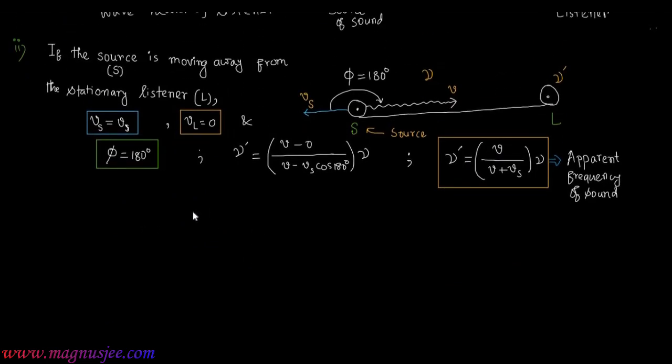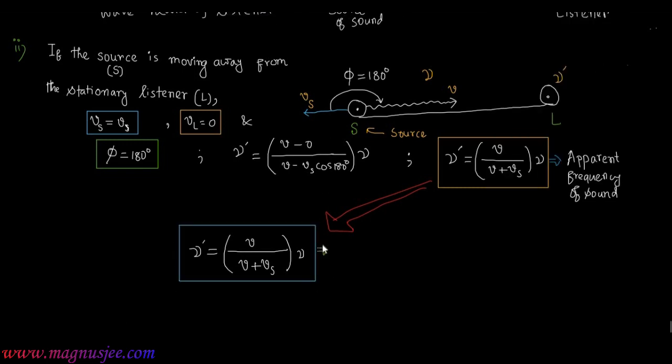In this case the source is moving away from the stationary listener. Writing the expression again, nu prime is equal to v divided by (v plus Vs) into nu, where v is the velocity of the sound wave and Vs is the velocity with which the source is moving away from the stationary listener. Nu prime is the apparent frequency of the sound wave heard by the stationary listener,